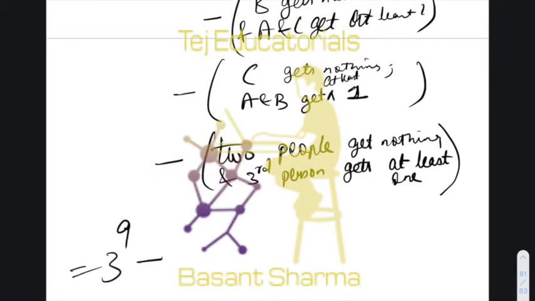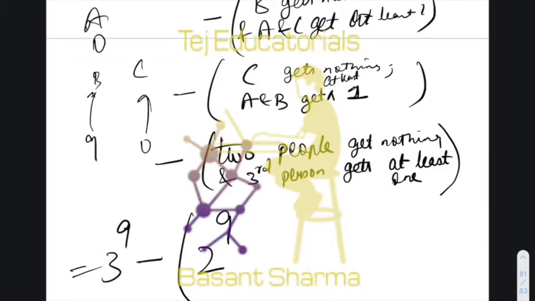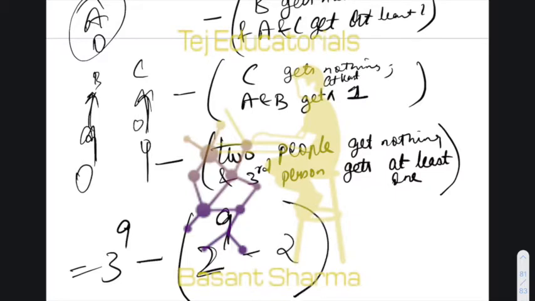3 to the power 9 minus, so in 2 to the power 9 ways you can distribute the 9 objects amongst 2 persons. But in this 2 to the power 9, there will be a case when everything goes to B. B gets all the 9 objects and C gets nothing. See, A is anyways getting 0 objects. In 2 to the power 9 ways A gets nothing, but there will be a way when B gets all the 9 objects and C gets nothing, or C gets all the 9 objects and B gets nothing, right? So we subtract those two ways. Okay, similarly for this and this, so into 3.